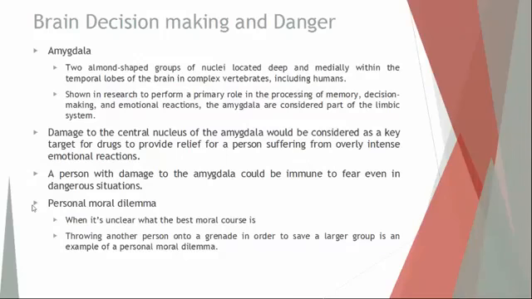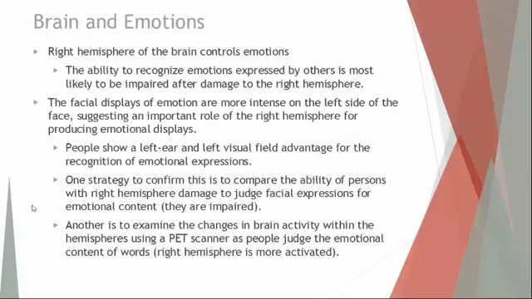As an example that's given here, if you have this kind of damage to the amygdala and to your emotional processing, you may not understand what is the right thing to do and what is not the right thing to do. So the example given here, if a grenade is thrown in an area with a large amount of people, would you take someone else and throw them on the grenade? Because it would save many more people, but is that the right thing to do because you are sacrificing someone else who maybe didn't want that to happen? It's all due to the link between the emotional processing of the amygdala and the forming of a sense of morality. Alright, next we'll move on to the brain and emotions.